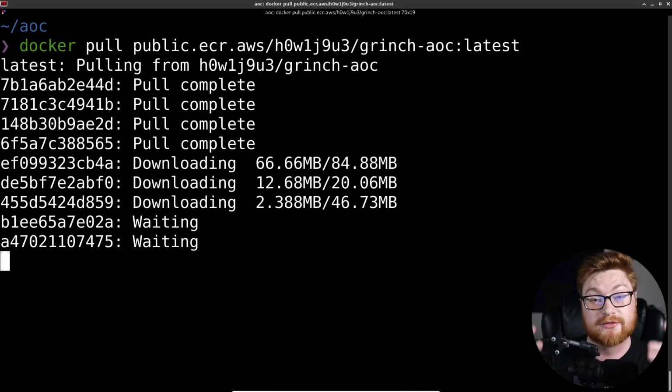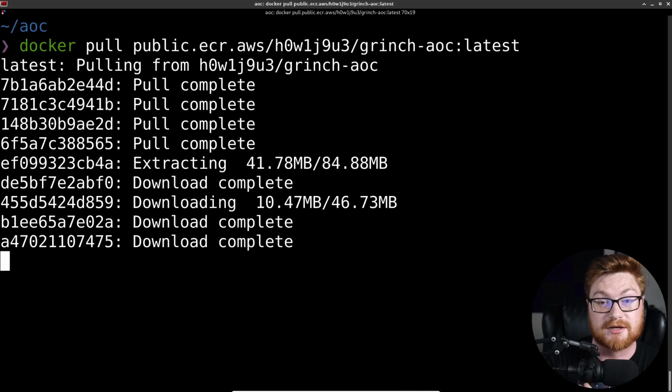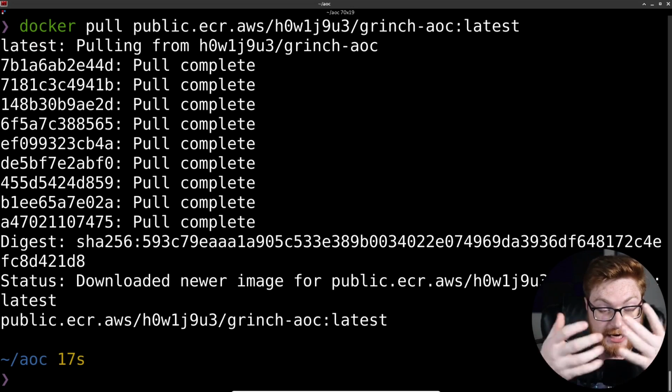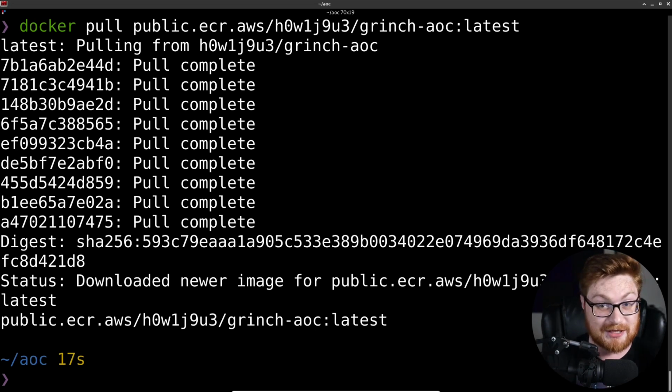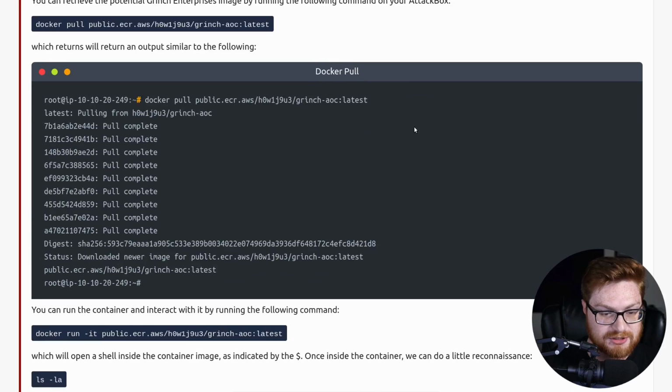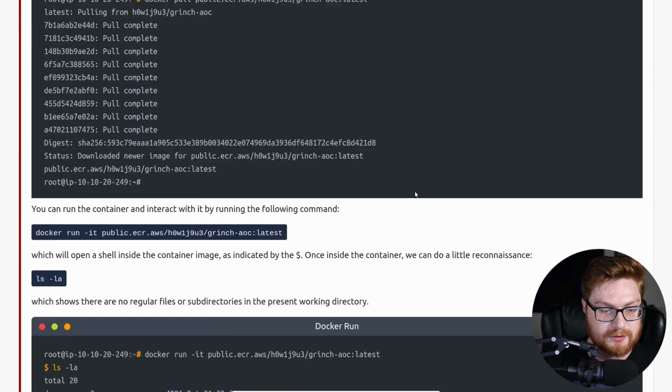But again, if you're on the free version of TryHackMe, your attack box does not have internet access and it won't be able to reach this. So use your own machine or spin up Linux, all the good stuff. I personally am a fan of doing it on your own machine because you can save all your notes and your tools and everything that you might need.